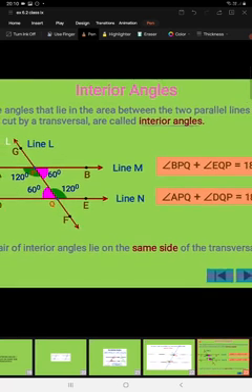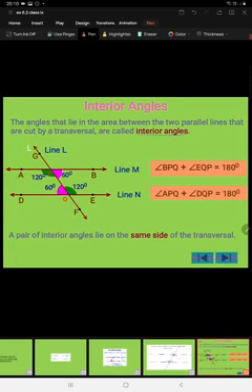Here also in this example, the co-interior angles are 60 degree and 120 degree. See here, the sum of 60 and 120 gives you 180 degree, and you can also check alternate interior angles. 60 degree and 60 degree, both pink, are alternate interior angles, they are equal, but co-interior angles are supplementary. We can verify it also through the linear pair axiom, which we have studied in exercise 6.1, that 60 plus 120 will give you 180 degree.